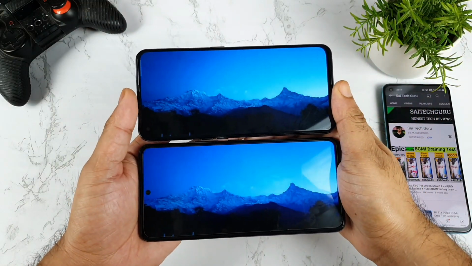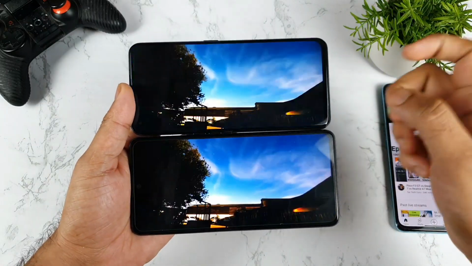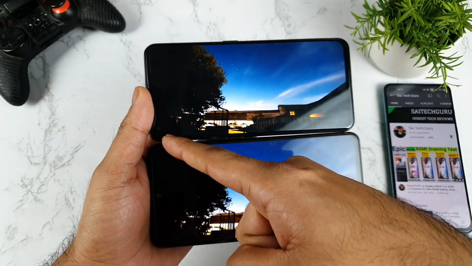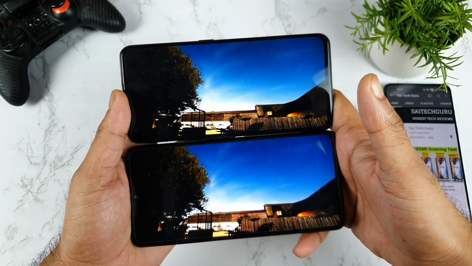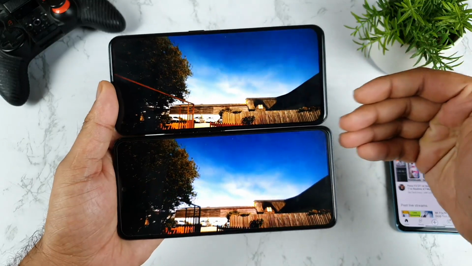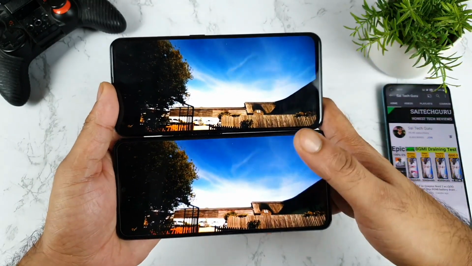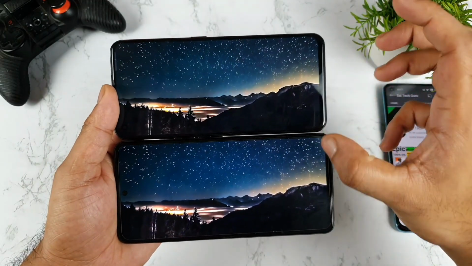So friends, in terms of the display, you can see the punch hole size. Both are having the same kind of punch hole size. But the placement is in the middle on one and in the left side corner on the other, as you can see clearly. But overall, both displays look really good. But in case you want a big display, obviously the iQOO 7 is a really good option for big display mobile phone lovers. Whereas the Realme X7 Max is very compact and small in size.